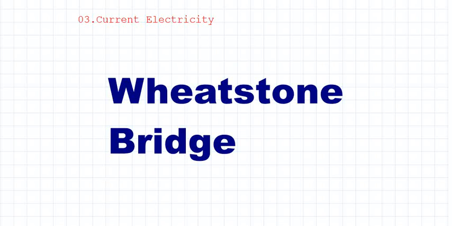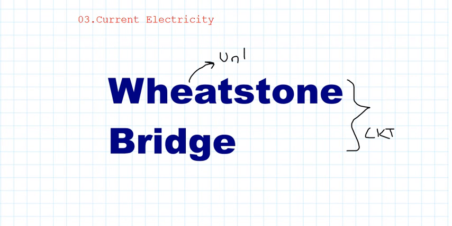Hi, hello, namaskara. In today's session, we continue with chapter number 3, that is current electricity. In that, we are going through the concept of Wheatstone bridge. Actually, this speaks of some circuits, and we must be very clear when I can use this Wheatstone bridge concept. That is, whenever I want to calculate the unknown resistor, then I can go for Wheatstone bridge.